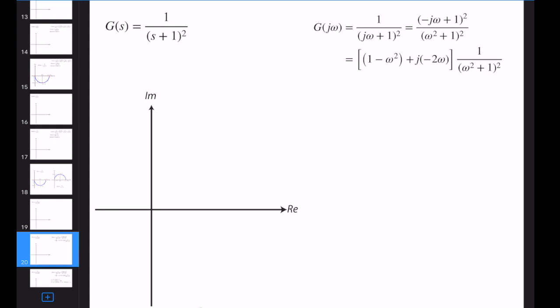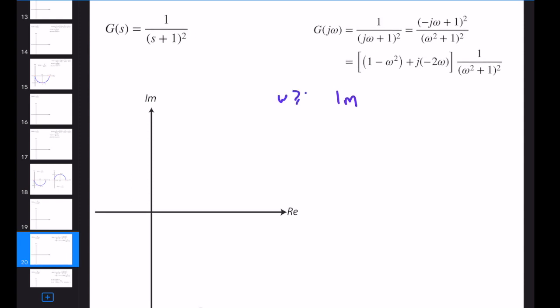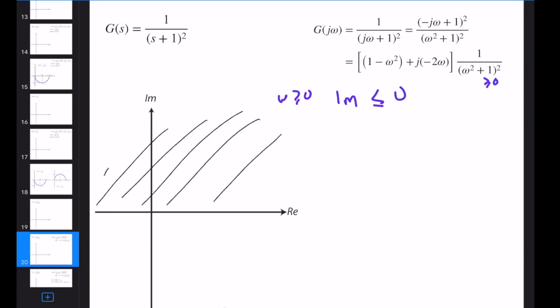They're right. It's slightly different than the other one. Now this is more complicated, because let's look at the imaginary part. Since omega is greater than or equal to 0, this is always greater than 0. We have a minus, so it's always less than or equal to 0. So in this case, we eliminate this region. Okay, this is good. So the imaginary part is always less than or equal to 0, so let's say real for all frequencies.